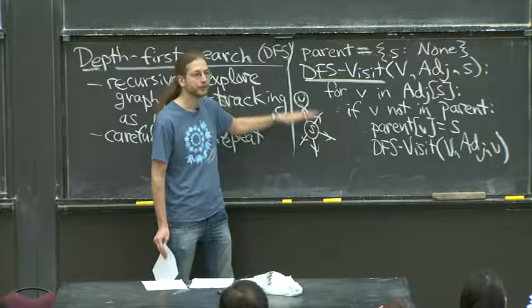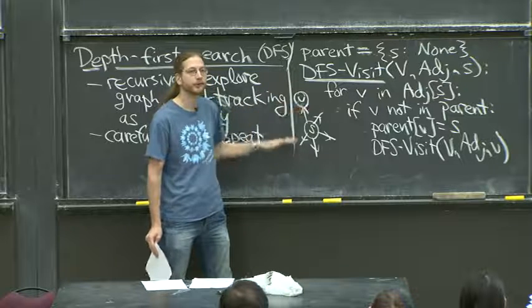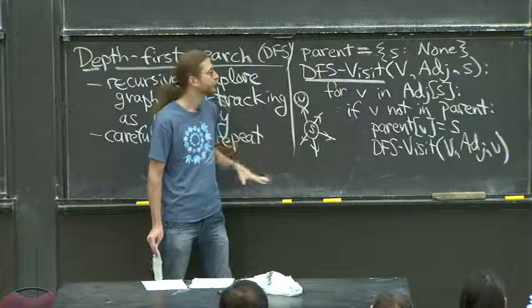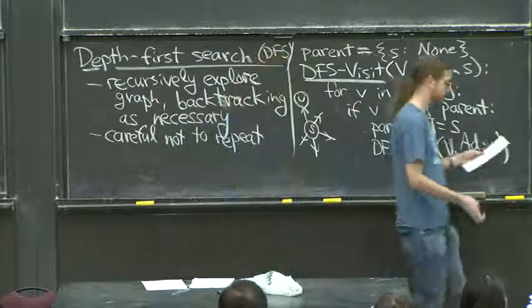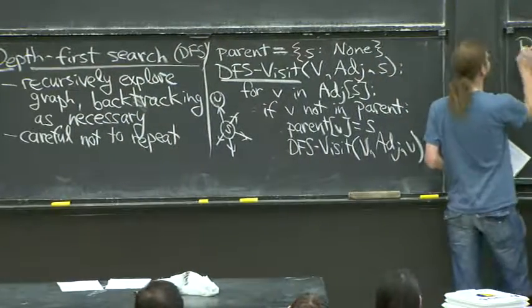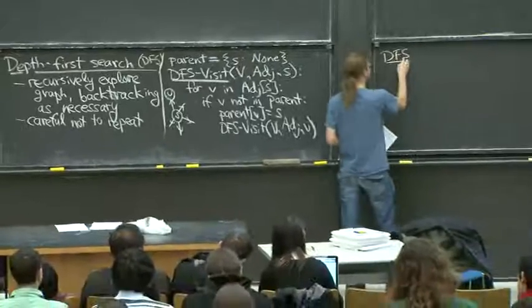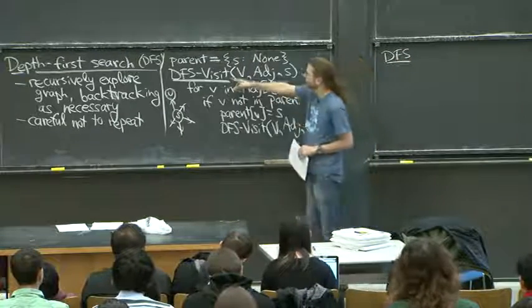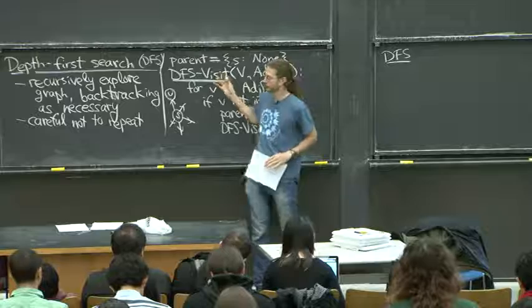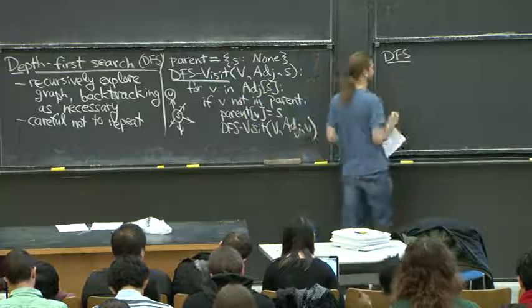This will not visit the entire graph. It'll only visit the vertices reachable from S. The next part of the code I'd like to give you is for visiting all the vertices. In the textbook, this is called DFS, whereas this is just called DFS Visit. That's the recursive part, and this is a top-level